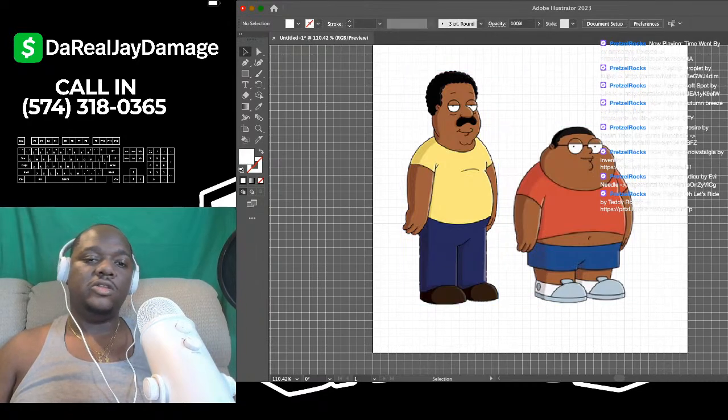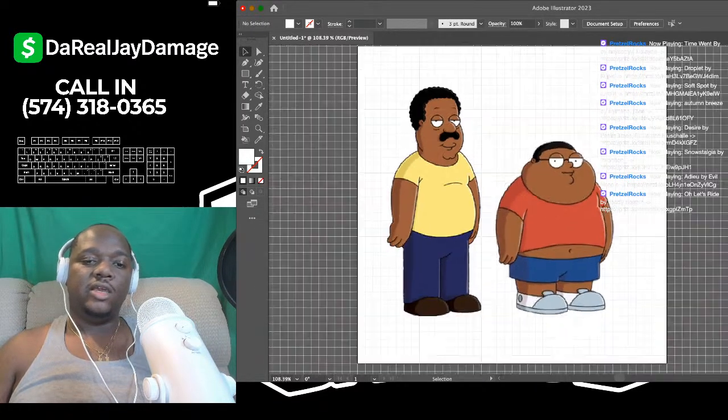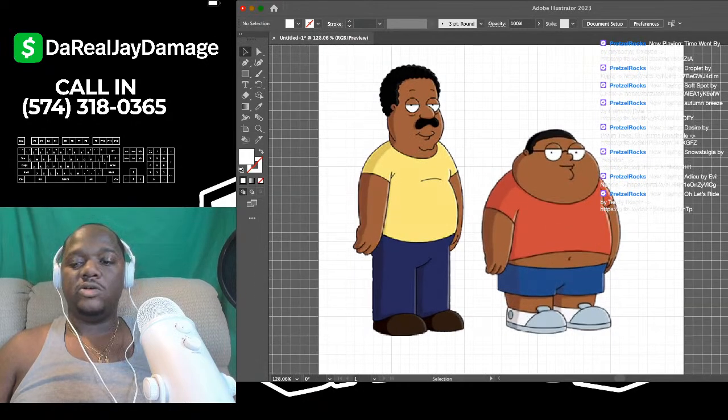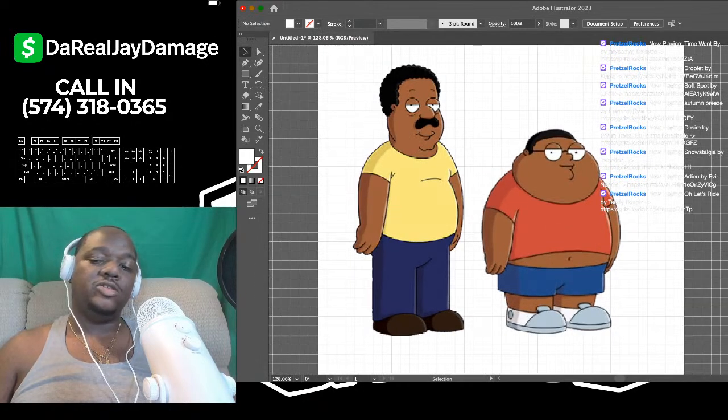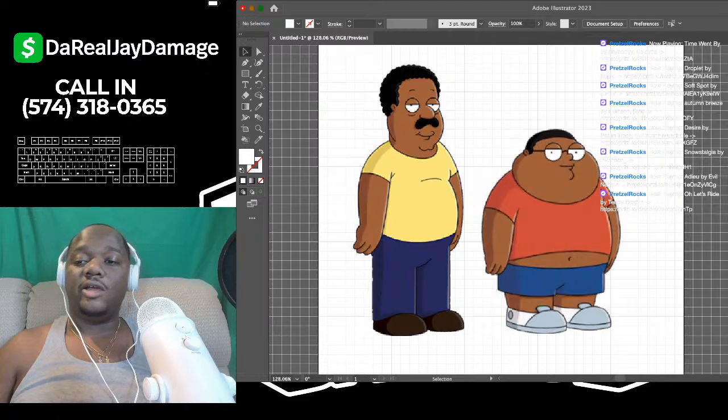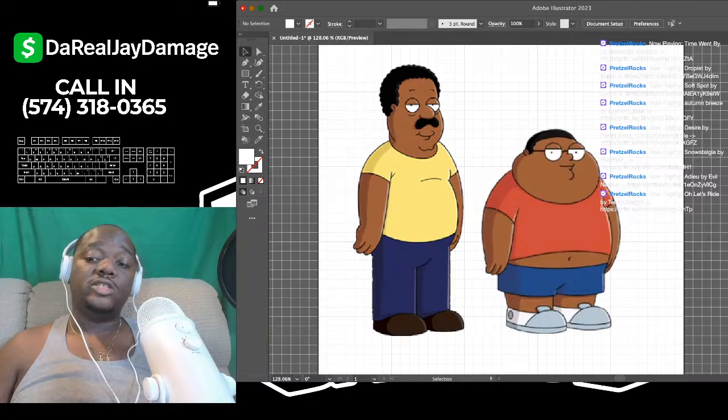So what you want to do is, once you drag your characters in to start your line work, double click on the current layer that you have on there, which is normally layer 1 unless you have some type of weird project. Just look on the bottom right hand corner, you should see layer 1. What I want you to do is double click that. Boom.